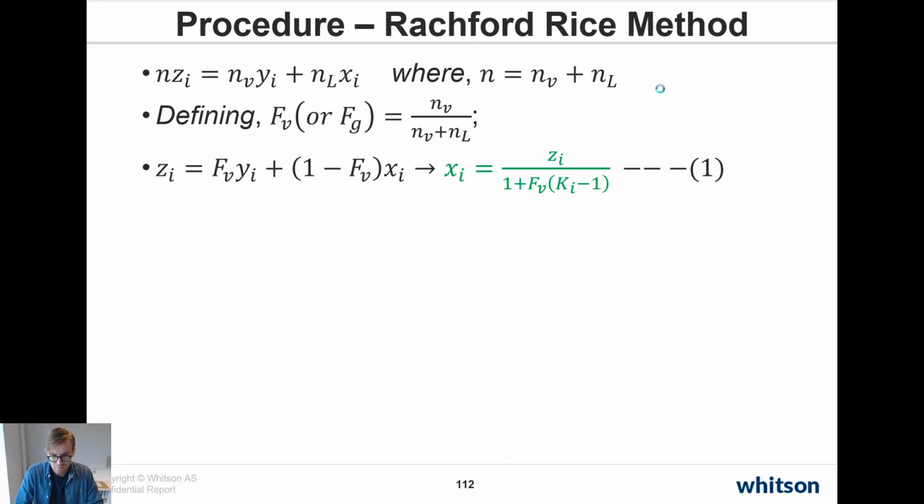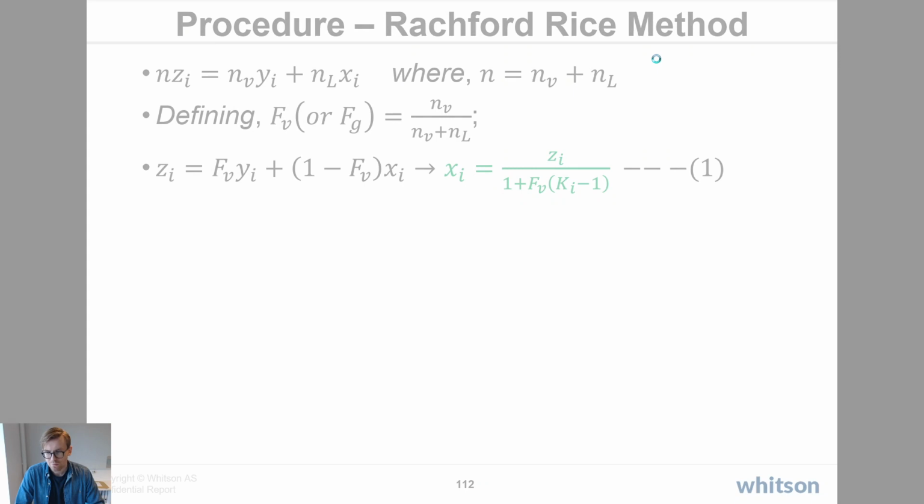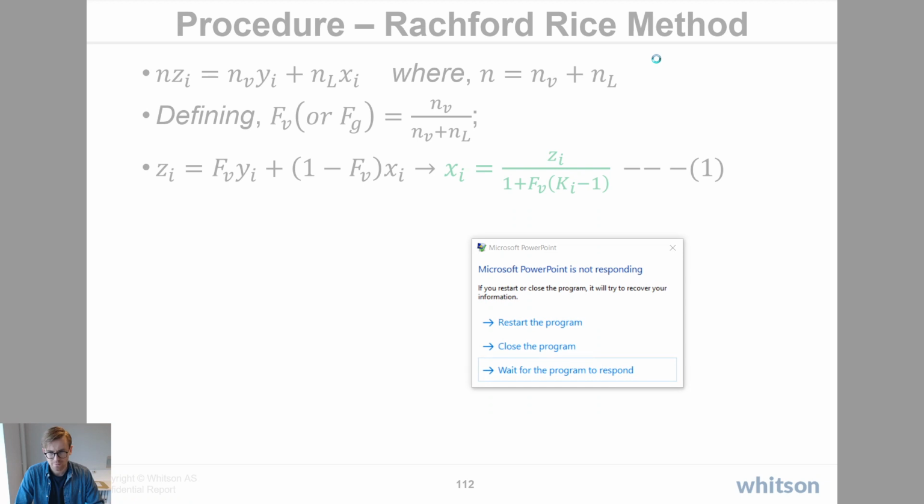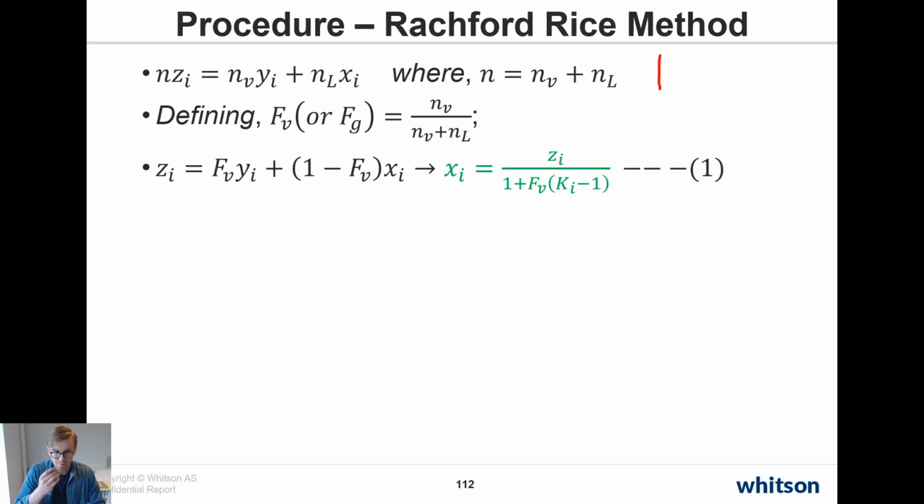And our good friend PowerPoint is not being a friend right here, but okay. So this is what we call a mole balance. And we can define the